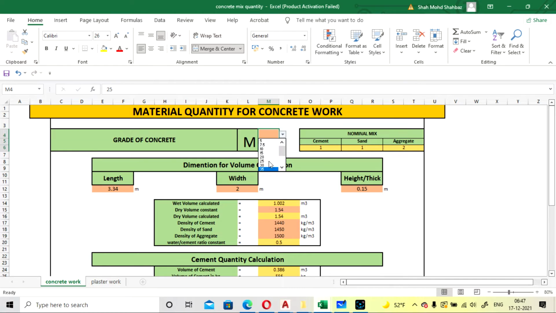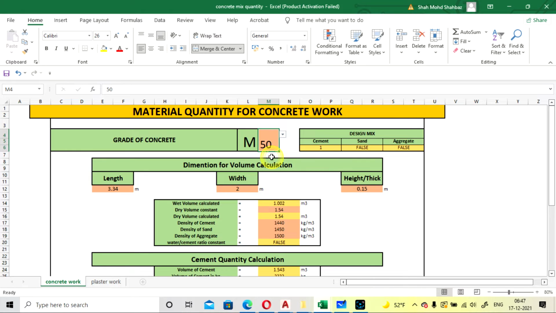From M5 to M7 up to M50, M60. We have calculated the ratios. If you don't know the ratio, above M25, from M30 it is a design mix, but the ratio for M30 has also been taken.